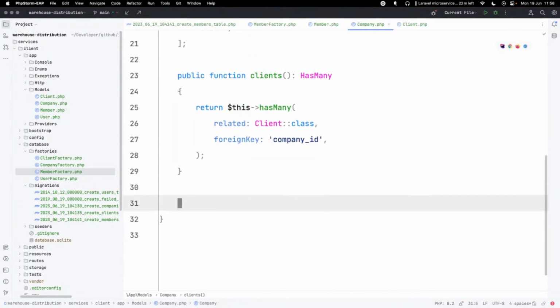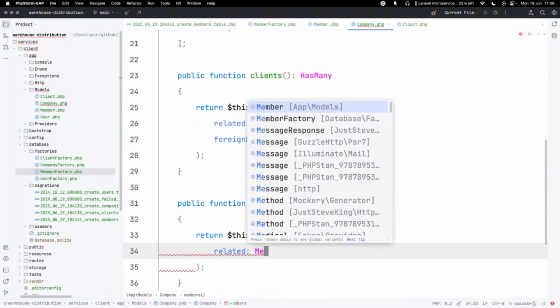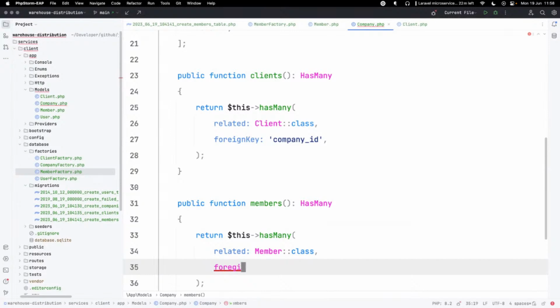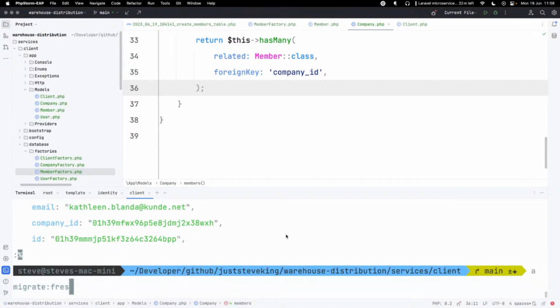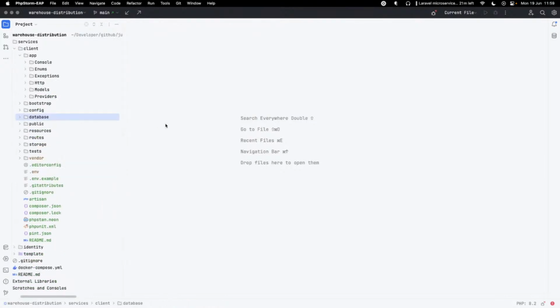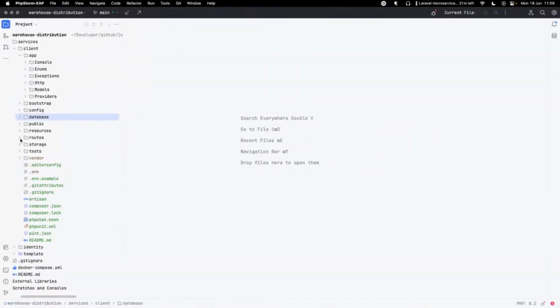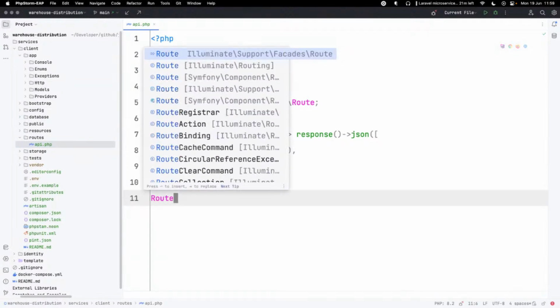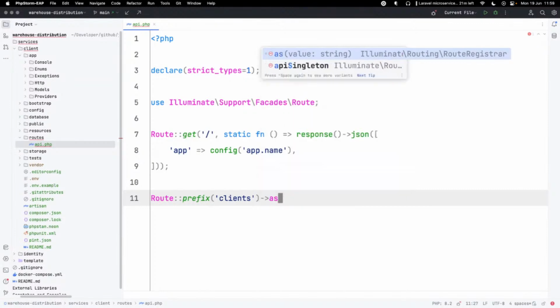Company has many members. So public function members has many. Return this has many. The related is a member, and the foreign key is company ID. So that's all hooked up relationship wise. Migrate fresh quickly. All of that is now connected, all hooked up. So when we come to our data modeling here, we want to be able to register clients. So come down to our routes, come down to our API. We're going to do a route prefix clients as clients